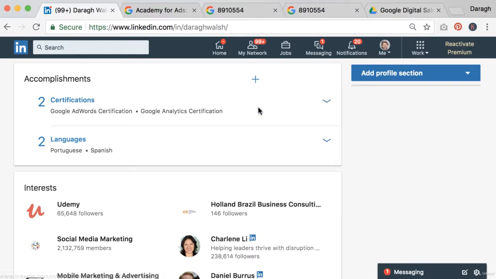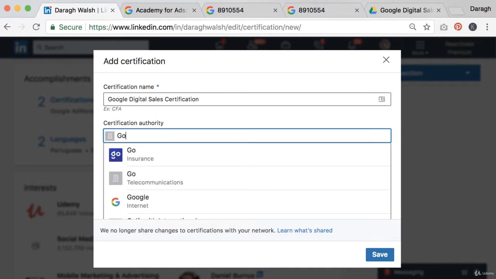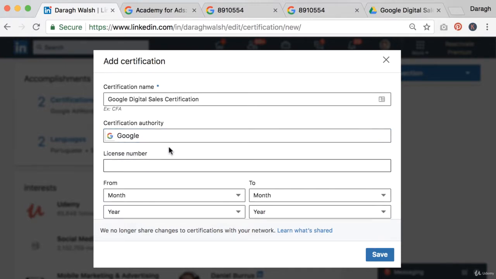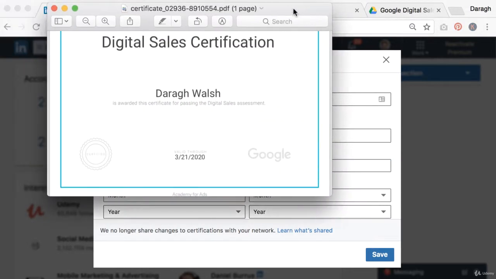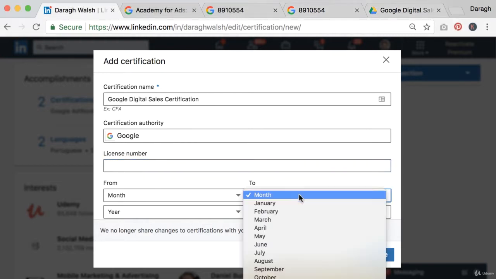So click Add Certification. You can just type in Google Digital Sales Certification. Certification authority is Google. So this is great because we're going to get their logo up in our profile. There's no license number, and what you want to do is actually get the month that it's valid from and to. So on the certificate itself, it actually says valid through to the 21st of March 2020. So I can put in here